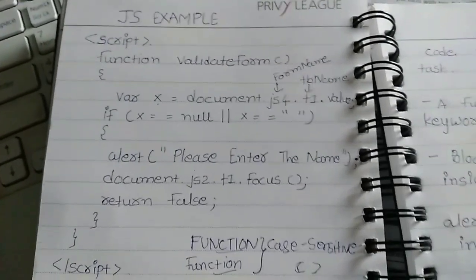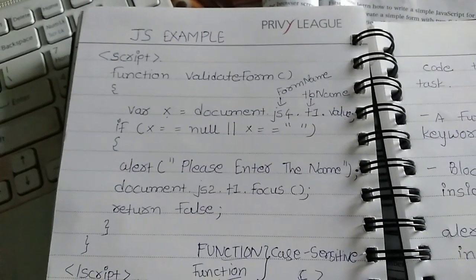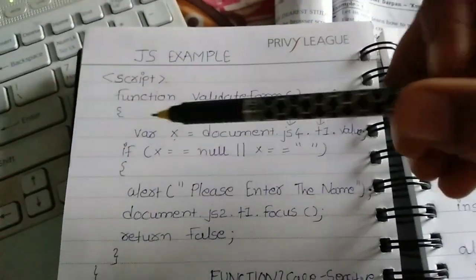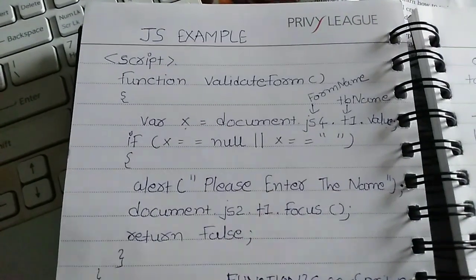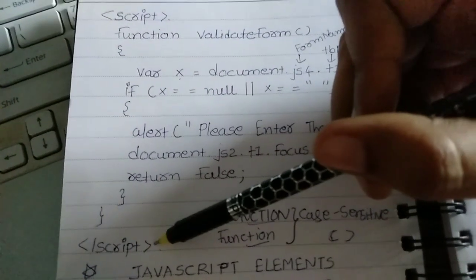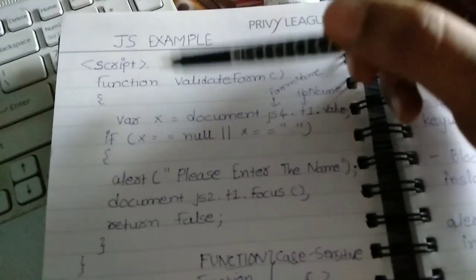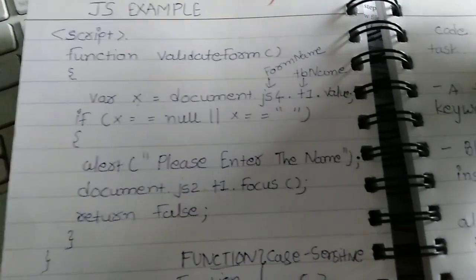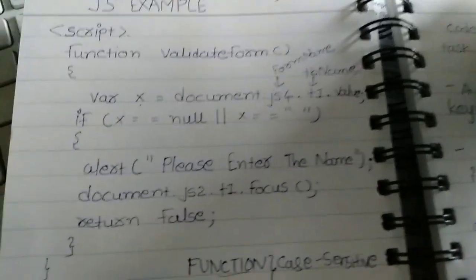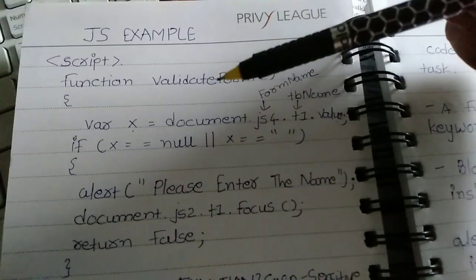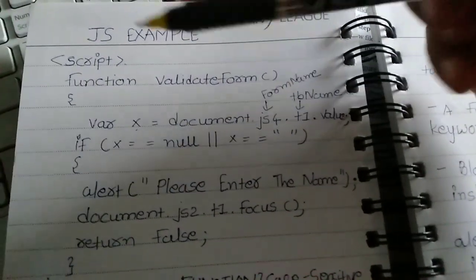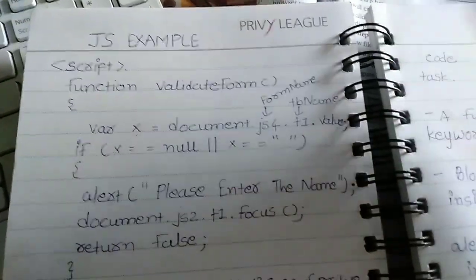Which tag? Script tag. And there are two types of tag. First is the container tag and second is the empty tag. Generally 99% of tags are container tags, that's why you have to close them. And inside script you have to write a function. Why function? Because function is reusability of code. I want to repeat this code again and again. Then how can I repeat it? You have to write it inside a function.